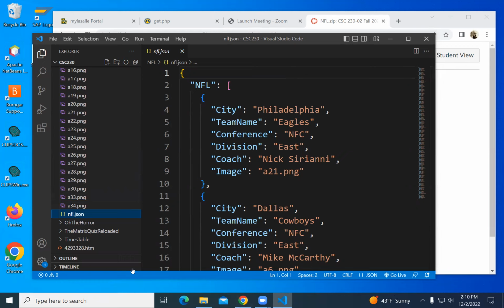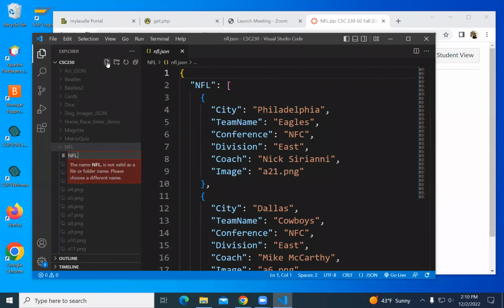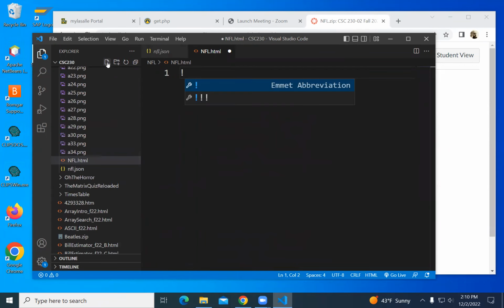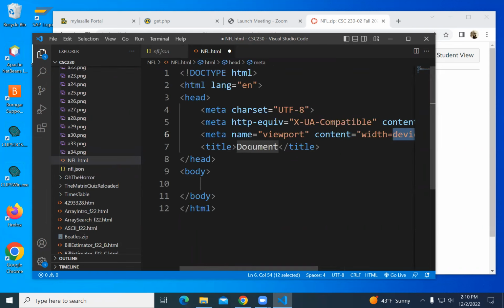So here we go. I need an HTML. You guys seem to always like just to put it in the folder, which is okay. I'll just say nfl.html and an abbreviation.